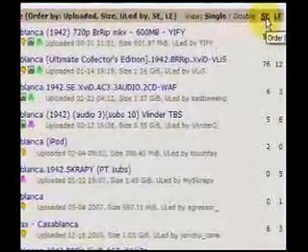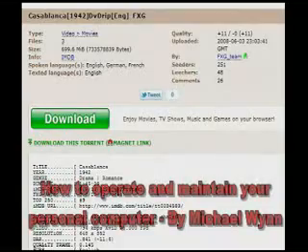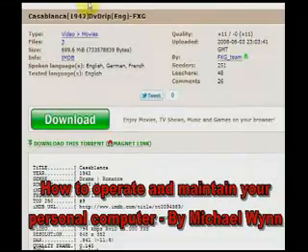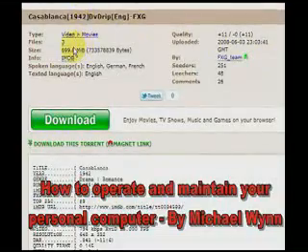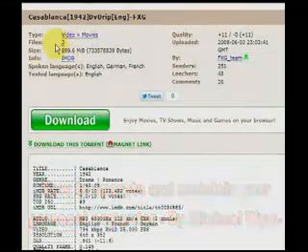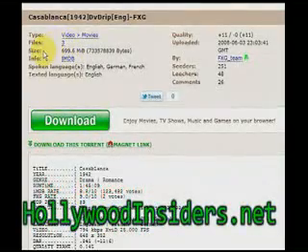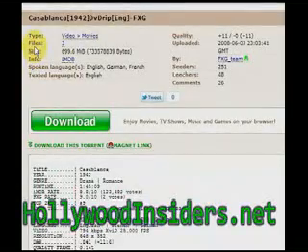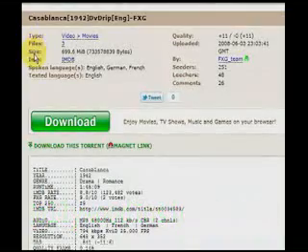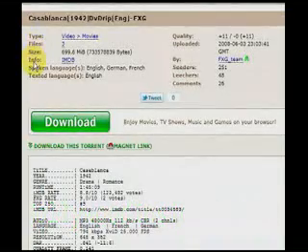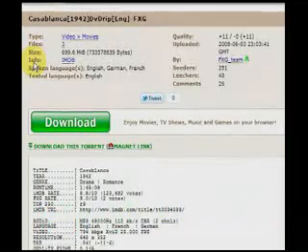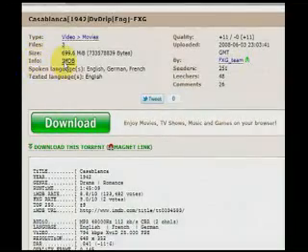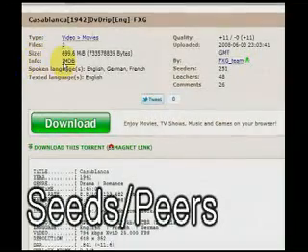After finding the video and clicking on it, I'm brought to a screen with various information regarding this particular download. The first thing to take notice of is the size of the download, which is stated in the notation system discussed earlier. In this case, the download is 699 megabytes, or 699 million bytes in size. The second thing to take note of is the number of seeds and leeches, sometimes called seeds and peers. These two numbers comprise